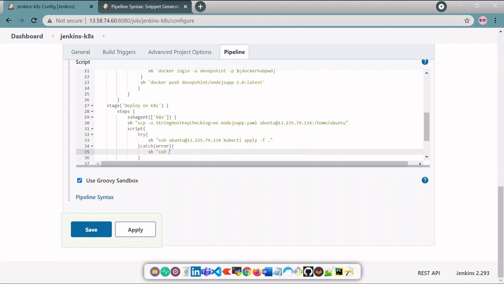Again paste the same over here, and the command will be kubectl create -f dot.